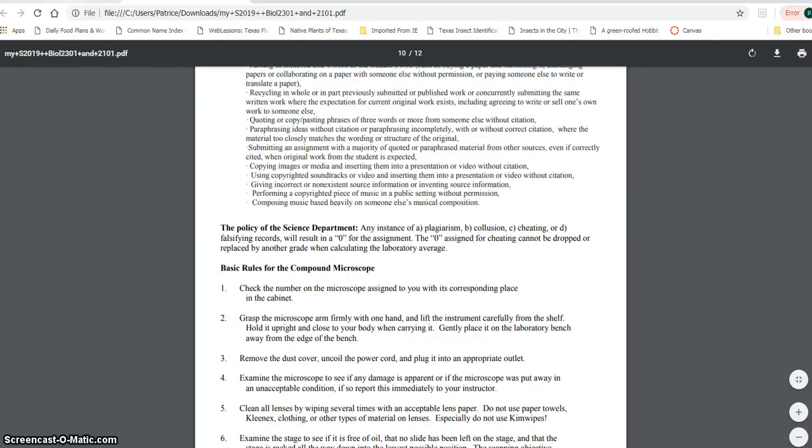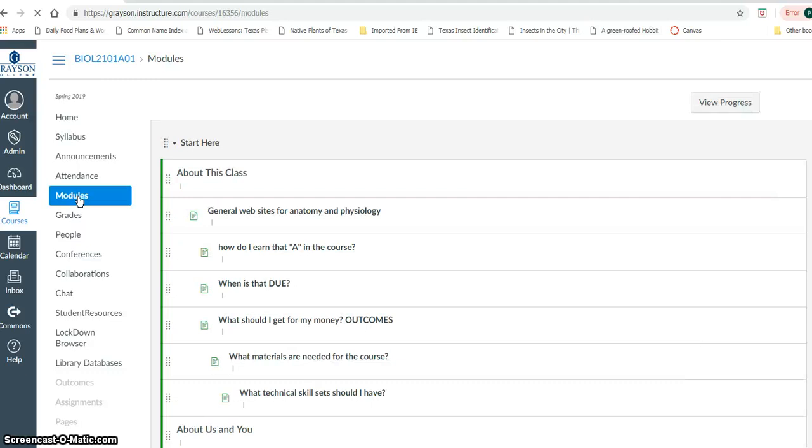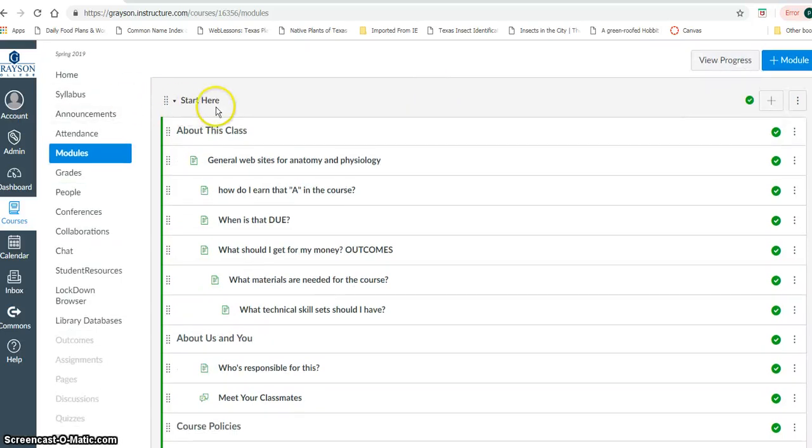Okay, so going back into the Canvas, again, I said the most important navigational button will be modules. That's where I put almost everything you're going to need to do. And most everything that you do in lab will be submitted in lab, so you don't have to submit a lot through Canvas. In the modules, which are outlined here, and then these are the subcomponents of this,